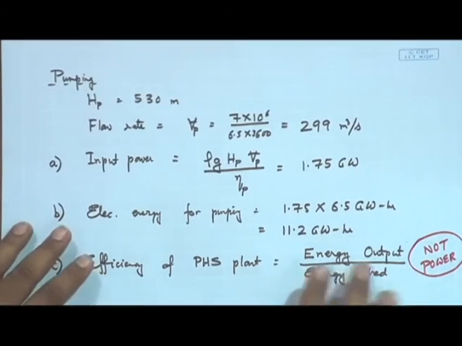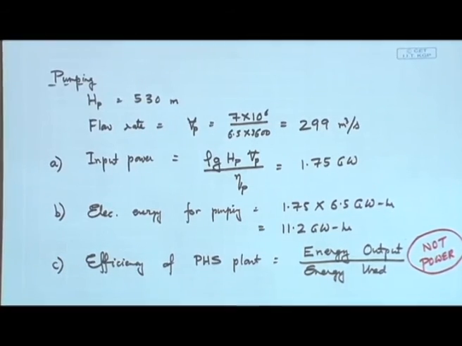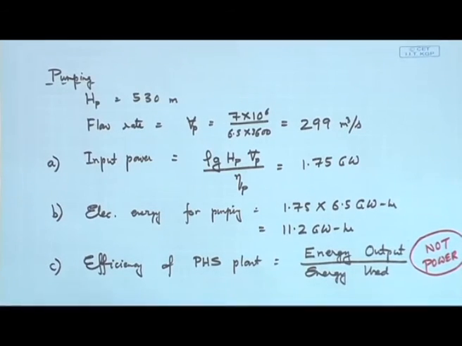Normally, when we solve for thermodynamic cycles, we use power input versus power output, so watts. But here we have to use energy. Why? Because the input and output do not happen simultaneously. In a cycle it happens simultaneously, so the time is the same. Per unit time whatever is coming in, per unit time that is going out. So the ratio of the power gives the efficiency.